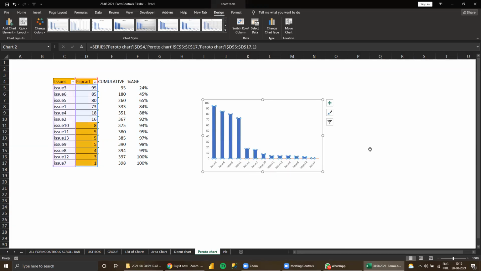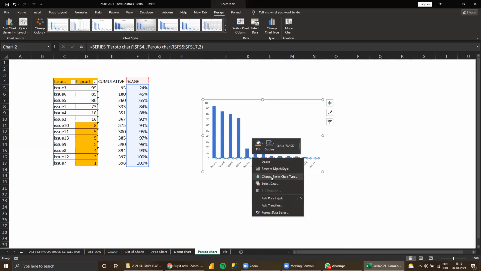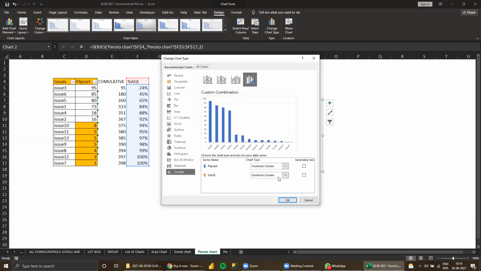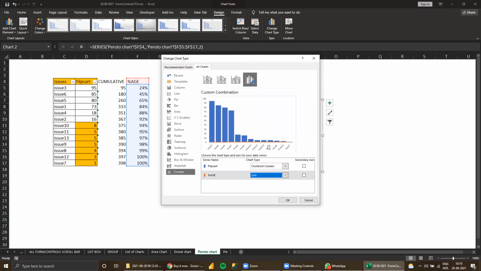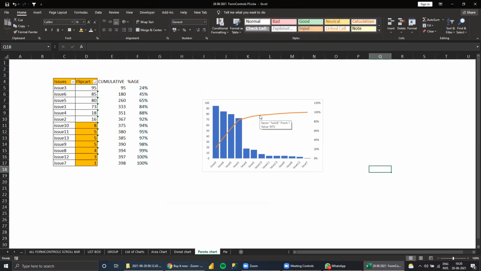Okay, so click Tab, right click on this, Change Series Chart Type. So here, see here, clustered column only. So select the line. Okay, then this is the second chart, this is the second row. So click on this. As and when you click here, it goes this way, as a line chart.